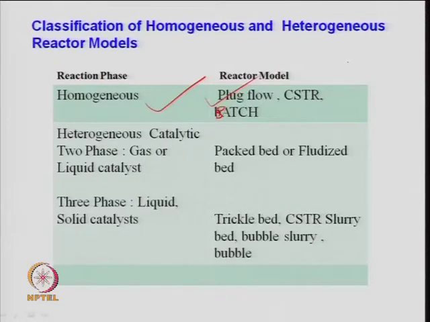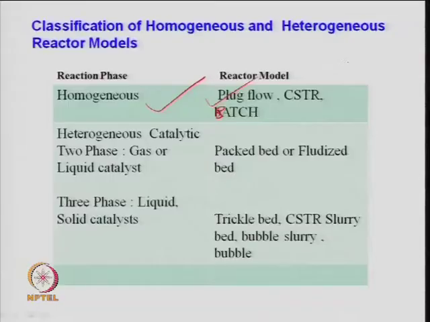Heterogeneous catalyst, as I said, is still widely common, and most of the process industry is using heterogeneous catalyst, and for that it can be a two phase type where the catalyst is in liquid phase, right, or catalyst can be in gas phase, or it can be a three phase where catalyst is a liquid or a solid, right, or a gas also. So, in the case of two phase packed bed or fluidized bed type of reactors, just like in the FCC cracking I told, the fluid catalytic cracking, the gas and solid system is used, right, and a zeolite type catalyst is used. So, that is a two phase type of system.